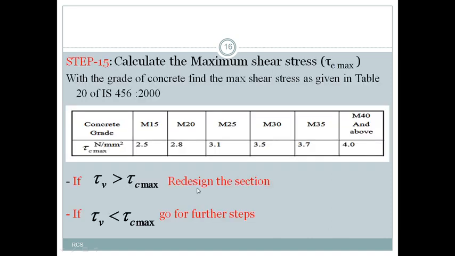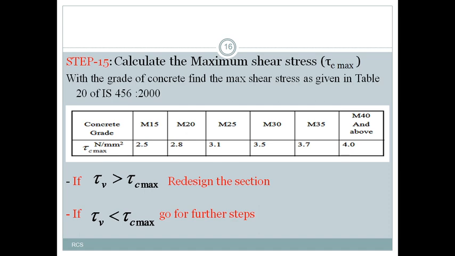Here, for designing the shear reinforcement, we have to check three conditions, that is the relation between τv, τc and τc max. τv is the nominal shear stress, τc max is the maximum shear stress in the concrete, and τc is the design shear strength of the concrete. So there are three important relationships that exist between these three. If you know the meaning of these three, then we can go for design.